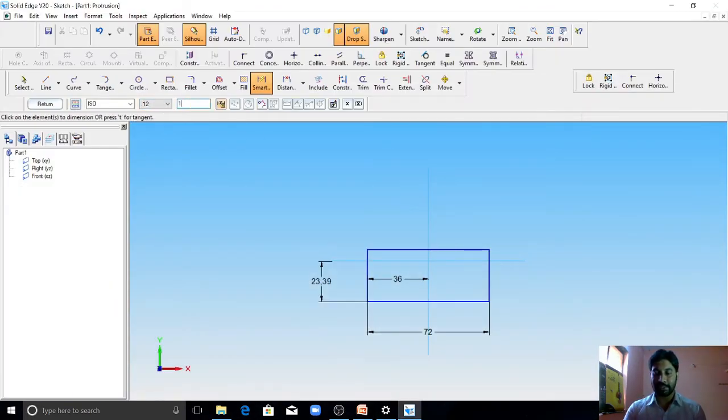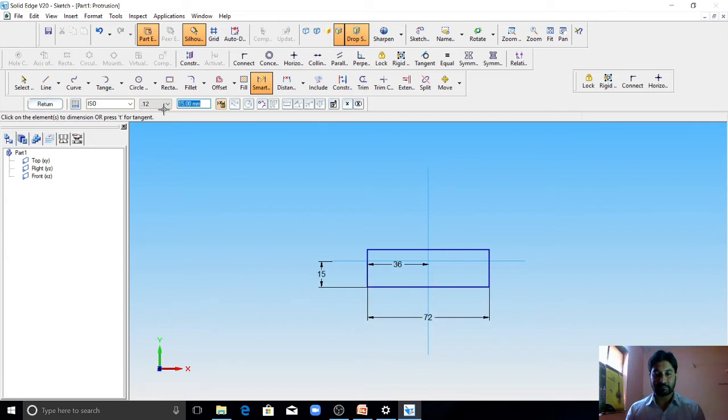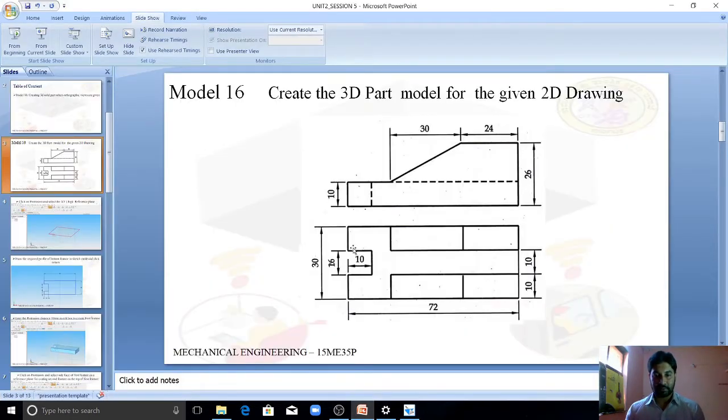So that it will come exactly in the center. This dimension is 30. Now there is a slot of 16 mm and 10 mm width.